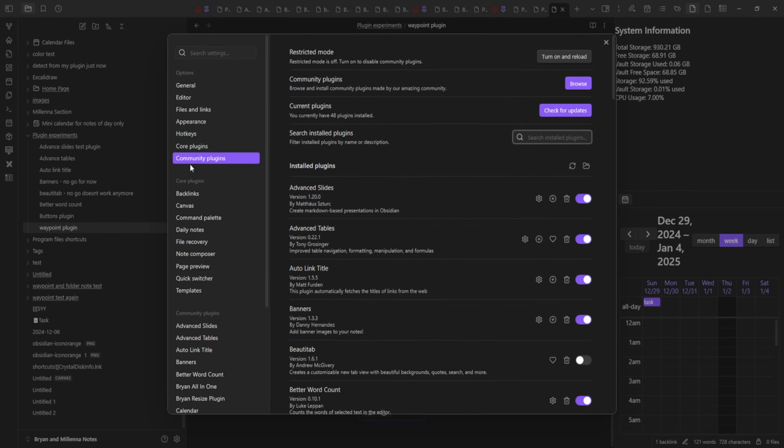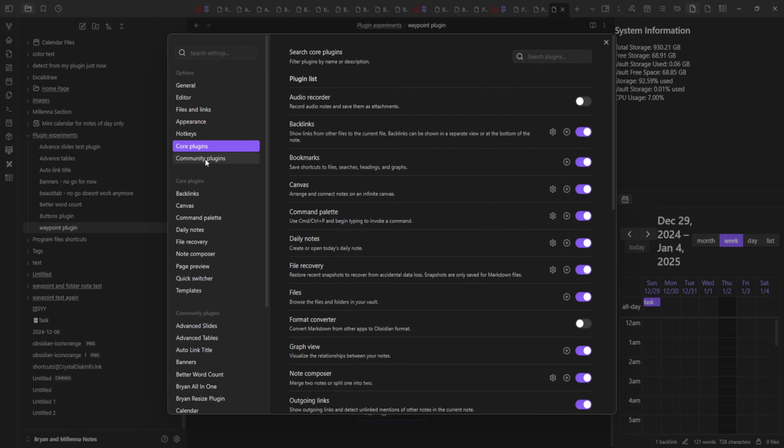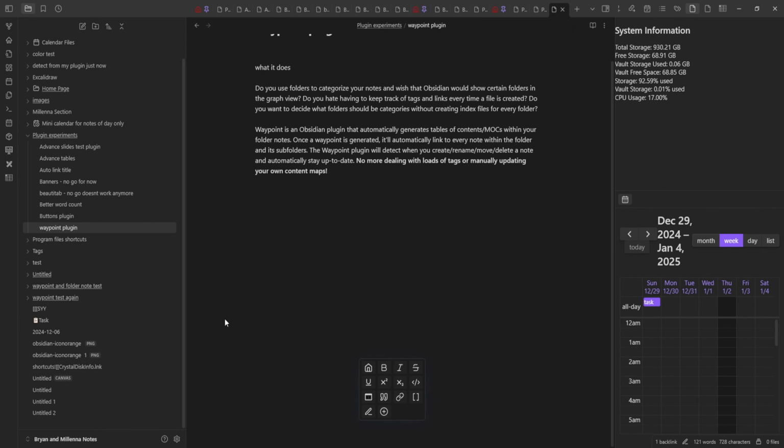And before we do anything, so to enable plugins, real quickly, what you would do is you go to the settings bar. So this is for the beginning of the video. So 3, 2, 1. So if you're looking to install plugins for Obsidian and to try out all 45 plugins